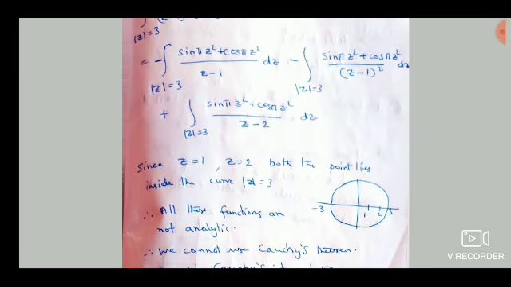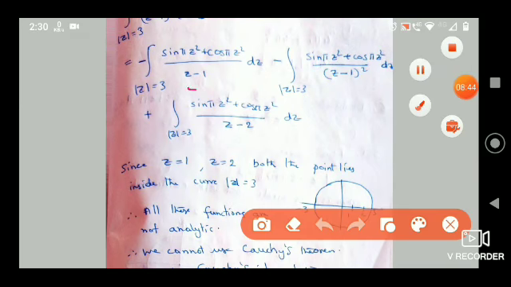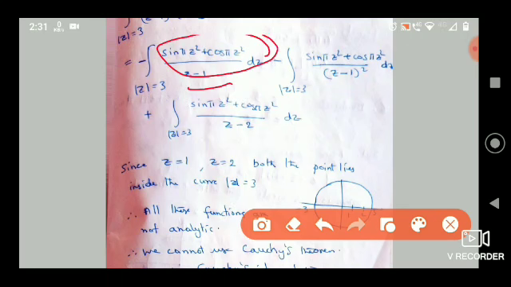So first one, there is only z minus 1. If you check the first term, only z minus 1 is there. So just Cauchy's integral formula, a is 1. So you have to substitute f of 1 into 2 pi i. What is f? f is this, the upper part, only the upper part is f. So when you substitute, f of z is equal to 1, this z becomes 1 and this z becomes 1.